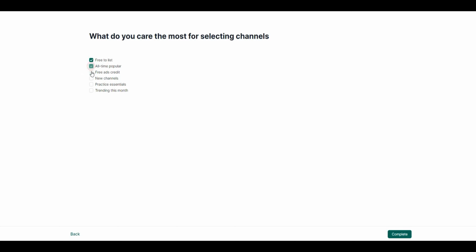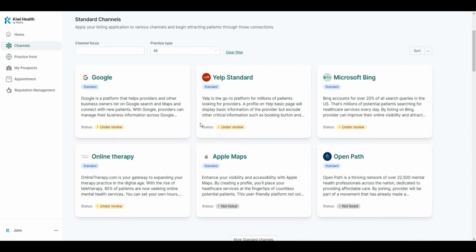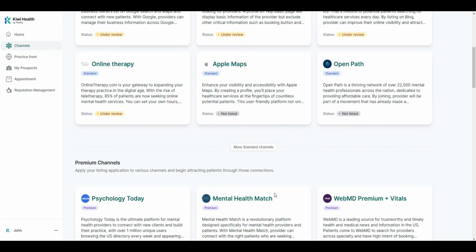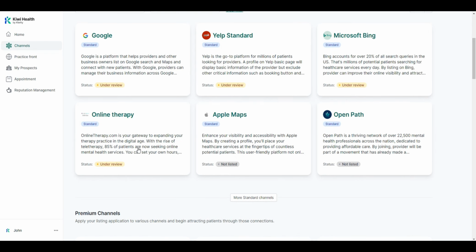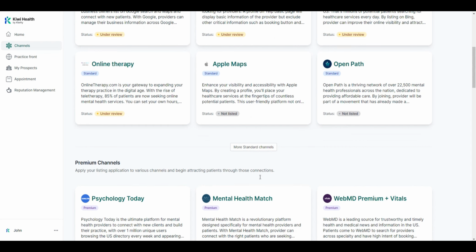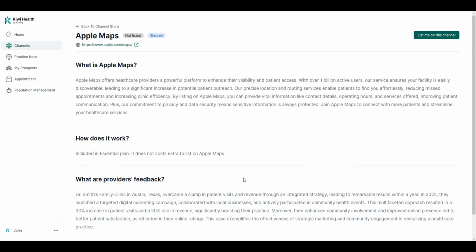Here, feel free to check all of these and click on Complete. In the Channels page, you can browse on each of the channels here, and you can read the description for each of the channels. And you have here an option to list on the channel if you want your profile to be seen on each of these channels. To list yourself on the specific channel, click on the channel here, and then there's this option to list me on this channel in the upper right corner. Click on that,